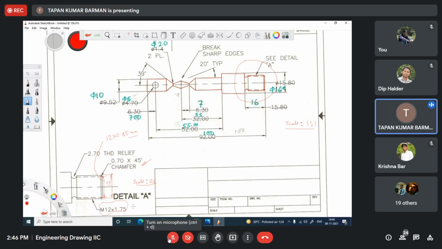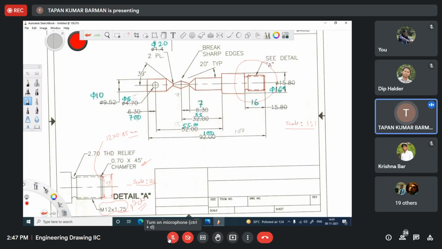Here basically this is a thread, metric thread with 12 millimeter nominal diameter. So this is the nominal diameter. 1.75 is called the pitch. So in your drawing, this pitch is not visible. So for the designation purpose only, we have used this thing. So you have to draw two lines making 12 millimeter gap. Basically, in your side view, there should be one circle corresponding to these two lines. Okay. So that is the meaning of M12 into 1.75.